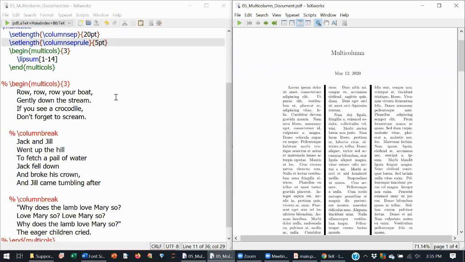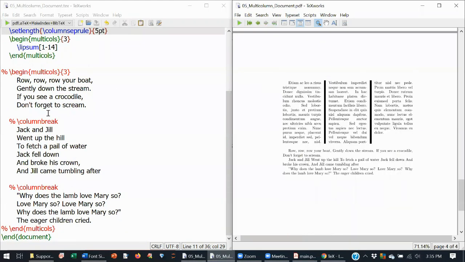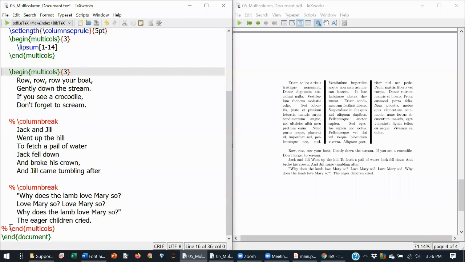Okay. Then next, you have some paragraphs here. Okay, we have 3 paragraphs. You can specify where a paragraph should break. I am creating a 3-column document, that is begin multicols and end multicols, and I am telling LaTeX to consider this as a separate column and this section as another separate column and this section another separate column. So if you compile, what will happen?